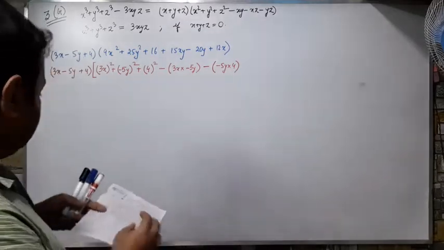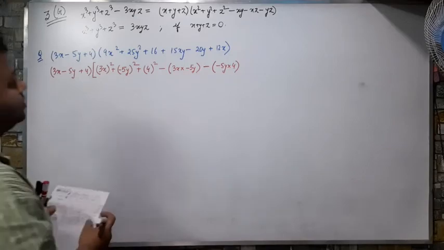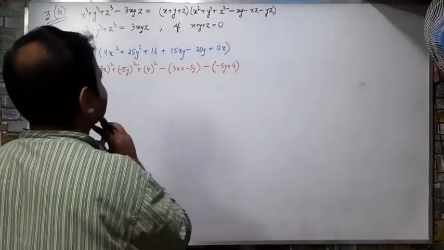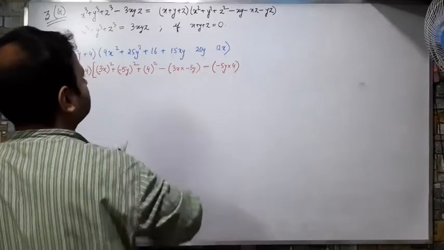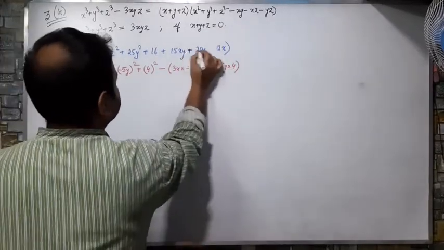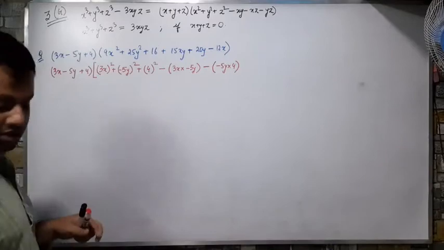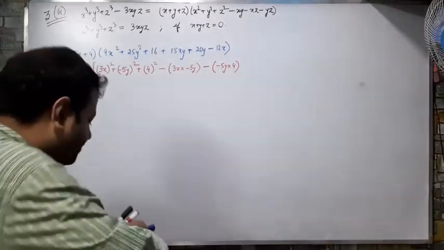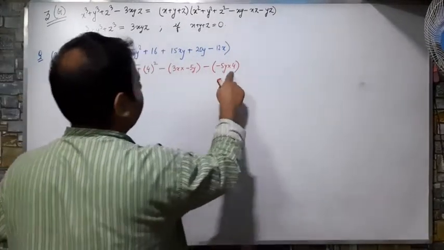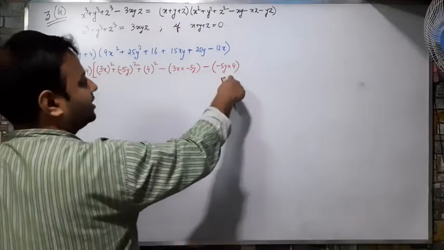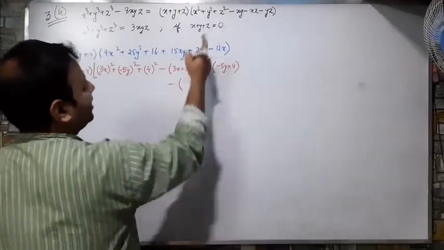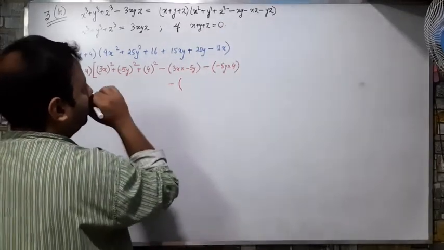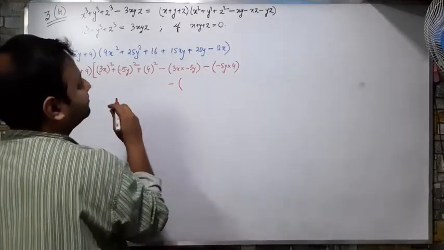I think there is some mistake in the question. The question should be like this. It should be negative and this should be positive. This should be positive and this should be negative. Now the question is going correct. See, so here also minus 5 into plus 4, I am getting negative, minus 20y, but minus of it is plus 20y. Then here minus, I am getting yz. Then what is this yz?